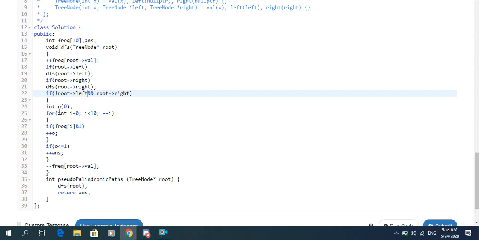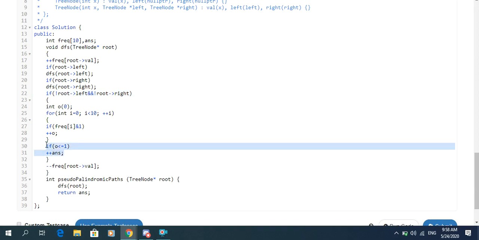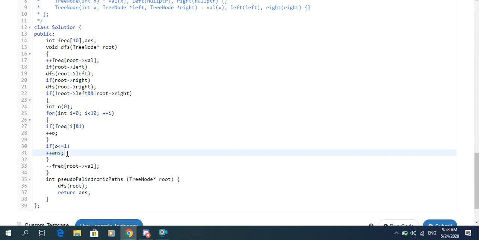and then we traverse all the digits from 0 up to 9, and check how many of these have odd frequencies until now, and check if the number of digits that have odd frequencies in this path is smaller than or equal to 1. So that means we can form a palindrome by rearranging the numbers in this path. Then we increase our answer, and then we should decrease the frequency of the current digit, the value